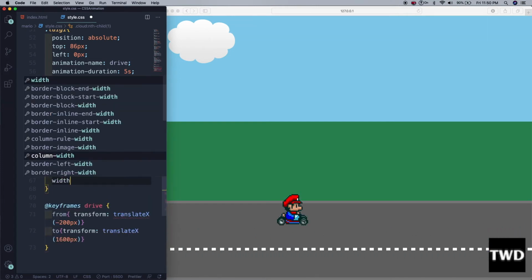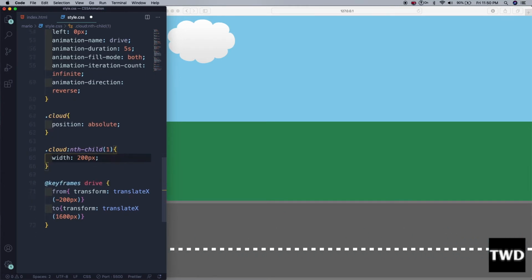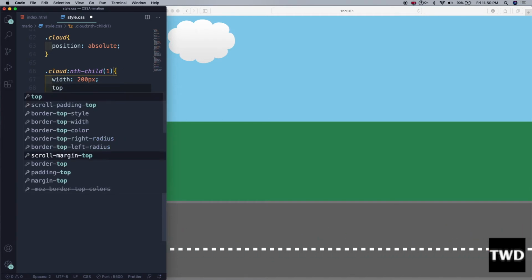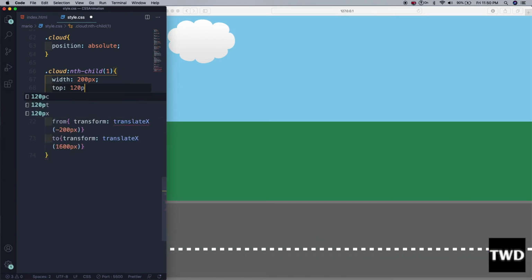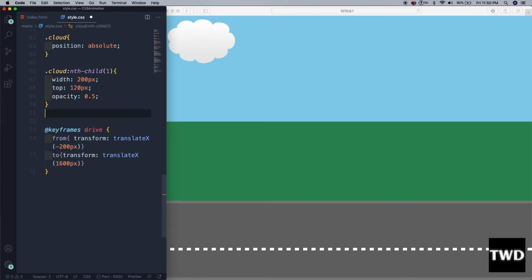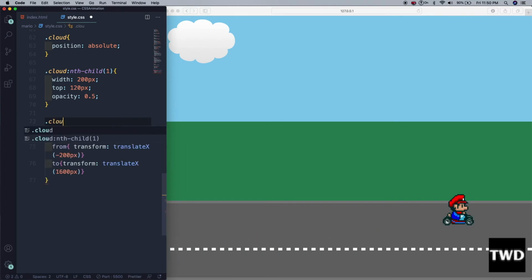Width of 200 pixel. Let me have some space. Top of 120 pixel. Opacity of 0.5. Cloud and its child 2.